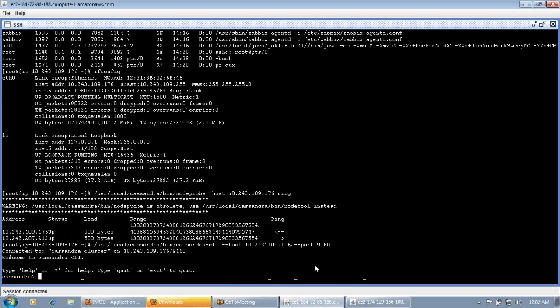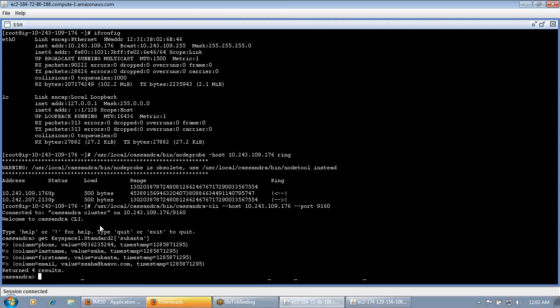Okay, so let's check whether data is replicated on both servers or not. See, in one server the data is getting replicated.